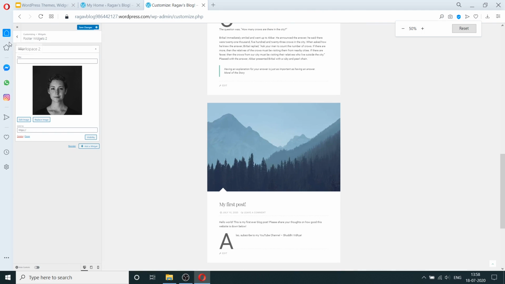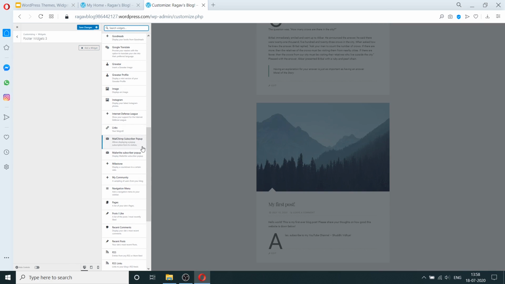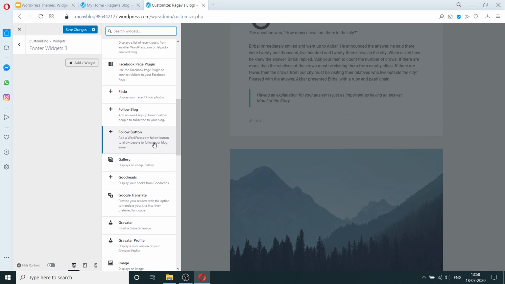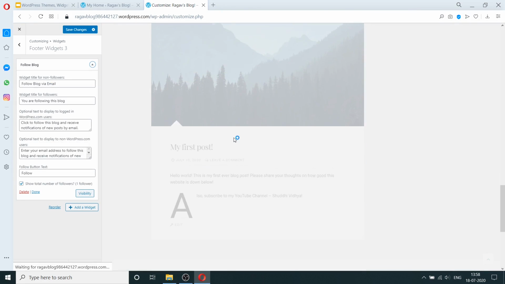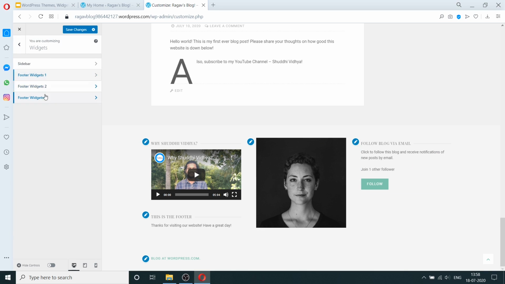Let's actually see where the third widget is going to be. There we go. You can see that it's column 1, column 2, and then column 3. So we have 3 columns for the footer section. That's the reason why we have these options here.